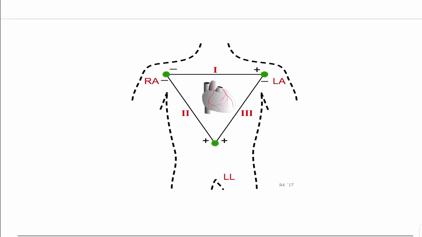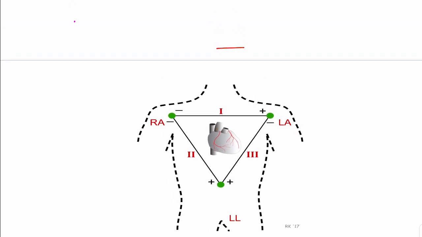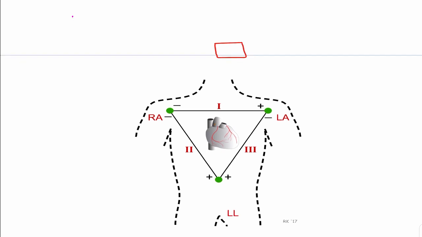What is actually an ECG machine? An ECG machine is basically a galvanometer. Galvanometer means, if you have seen these electricians, they use something with them which has, for example, a central reading. So I'm not making a digital reading, instead I'm making a mechanical reading. Not digital, it's an analog type of reading.